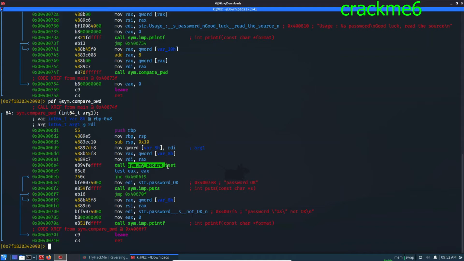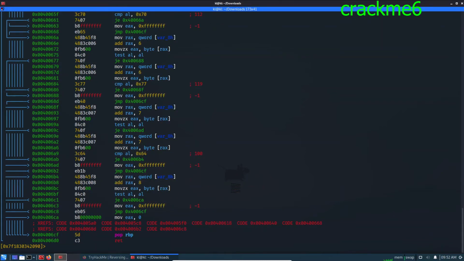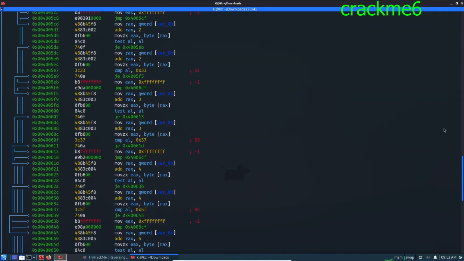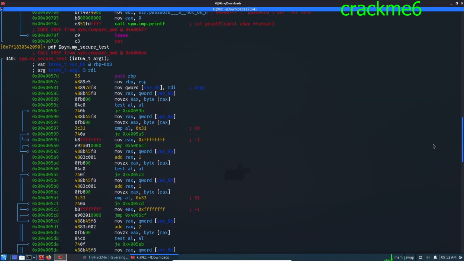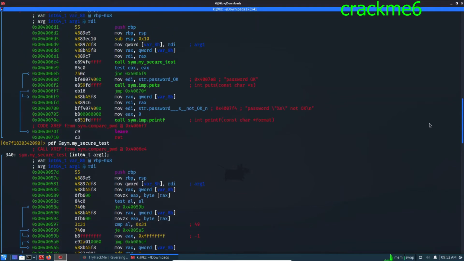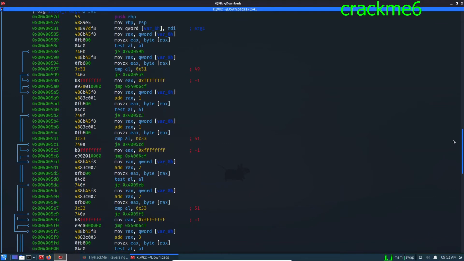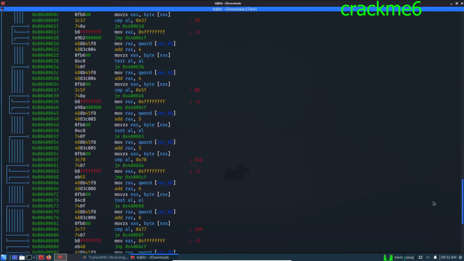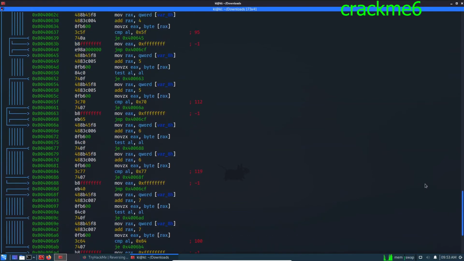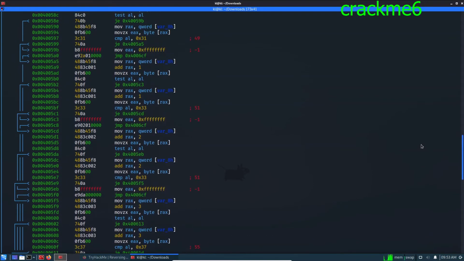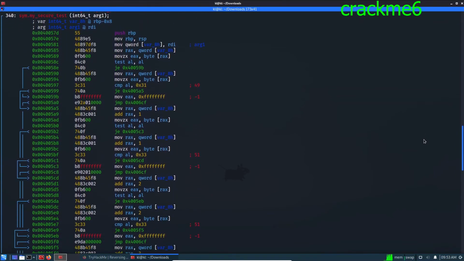So let's see what is there in this function now. This is a bit longer one. I'm guessing that since this is comparing the password, it is jumping based on that. One argument is our input which we are supplying, and the other string would be the output of this function, and then the comparison is happening. So the password is indeed in this function, and like in our previous challenge, we can see that some